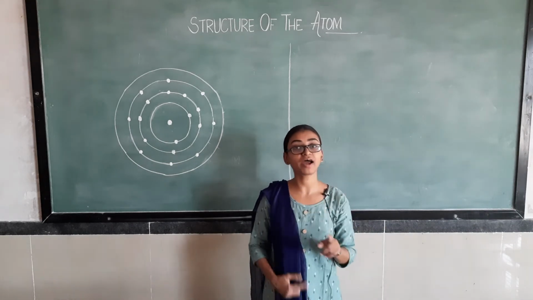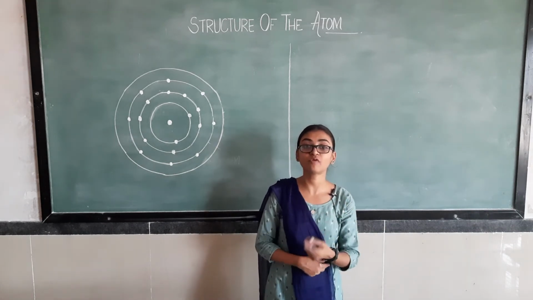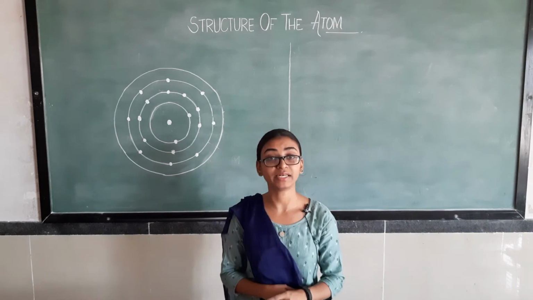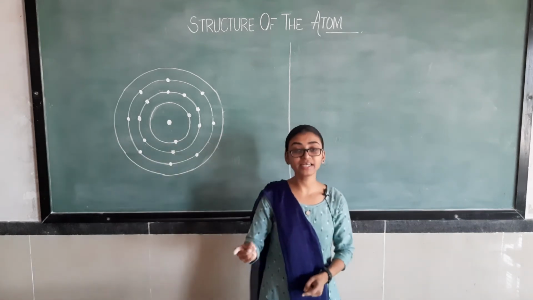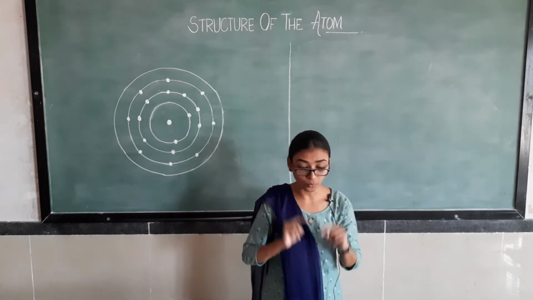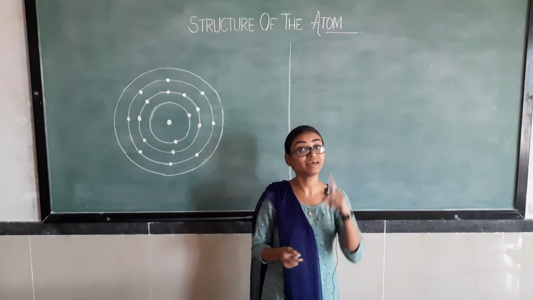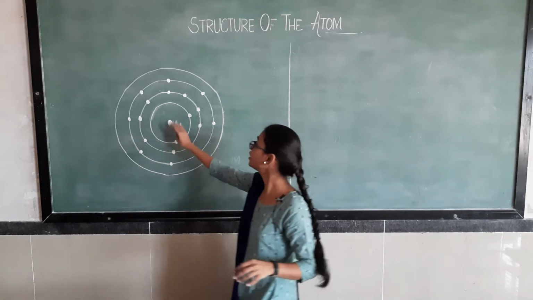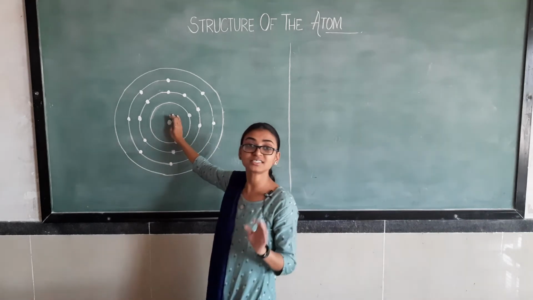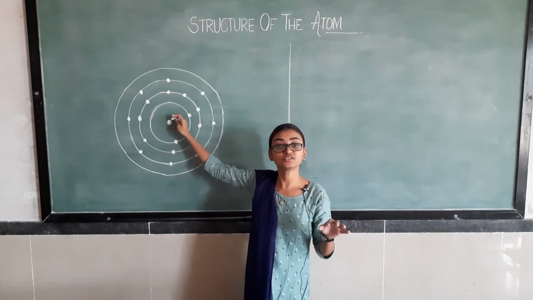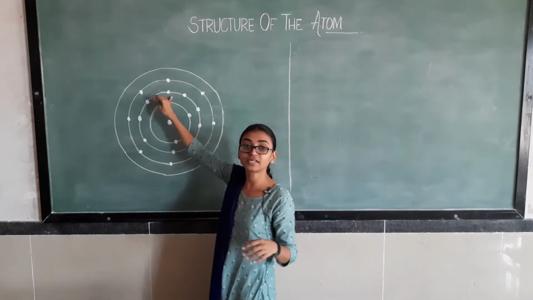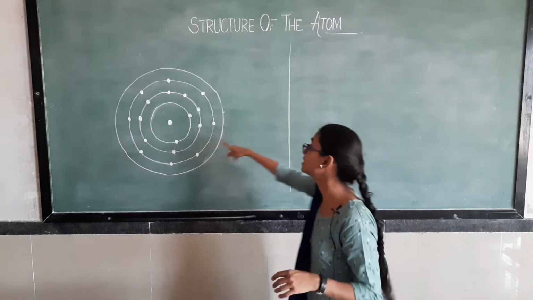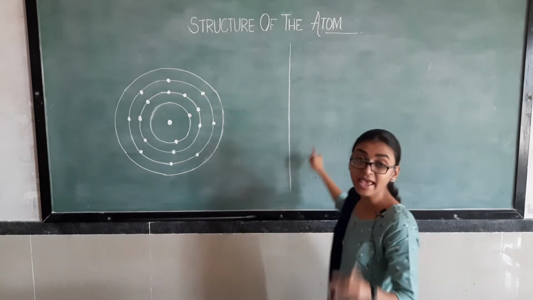So in case of hydrogen, what will the valence electron be? The valence electron will be only 1. In case of helium, the valence electrons are 2. For lithium, now here you can see, till helium we know that the electronic configuration is stable here. Now, in case of lithium, the first two electrons are filled in the K shell, and the third electron is filled in the L shell.